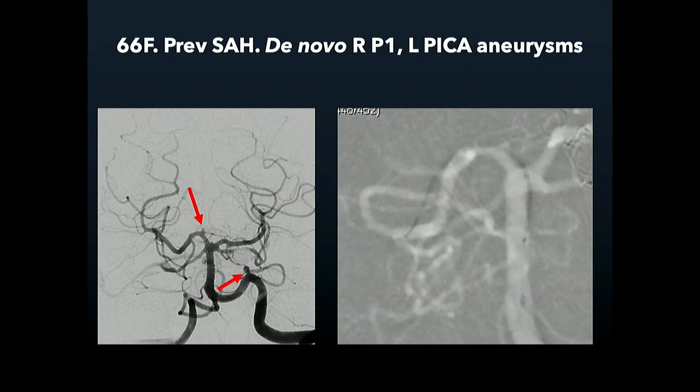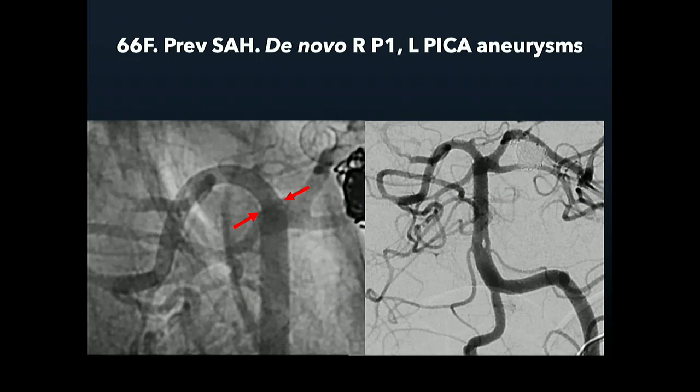And I thought the PICA might be easy to coil, but then I took it to try and coil it, and it would not accept a coil. Everything was falling everywhere, into the PICA, into the vert. It was just impossible. So I thought an approach with the Silk Vista Baby into that P1 would be appropriate. And you can see the positioning of the Silk Vista. The back end of the stent is about here, about to be pushed out of the catheter, just there. And when we deploy it, you can see how flush it just shortens right up to that P1 origin